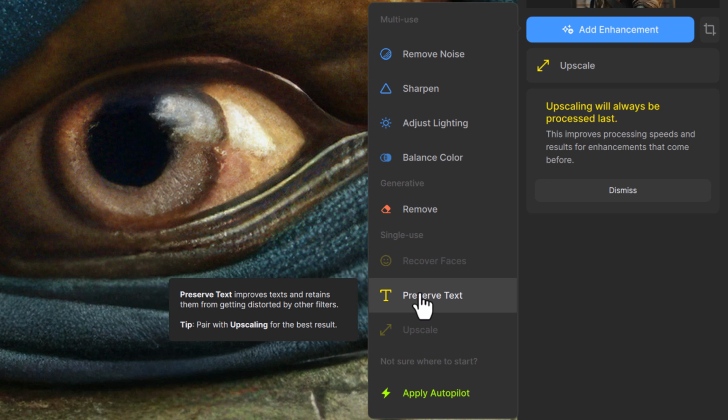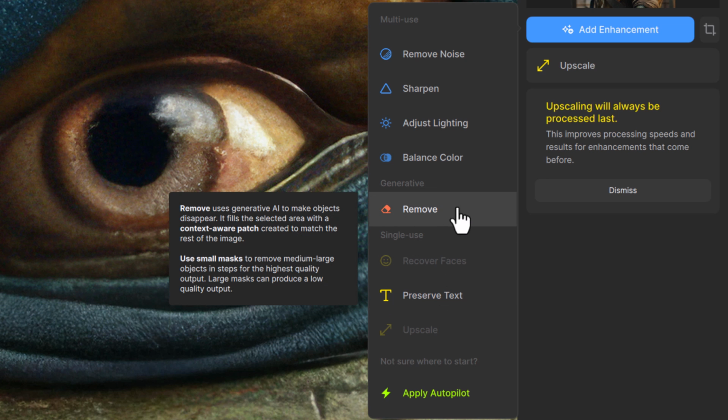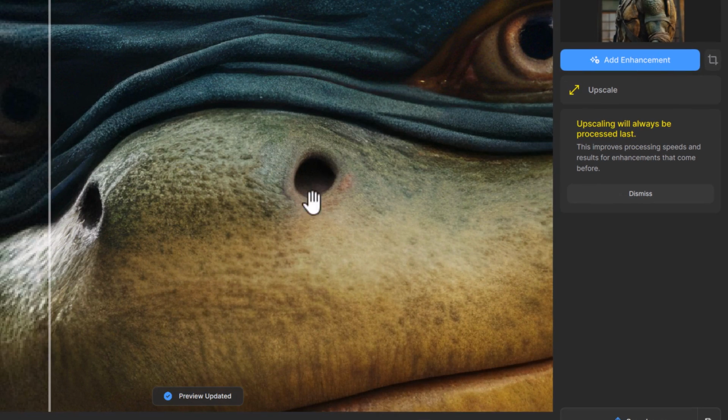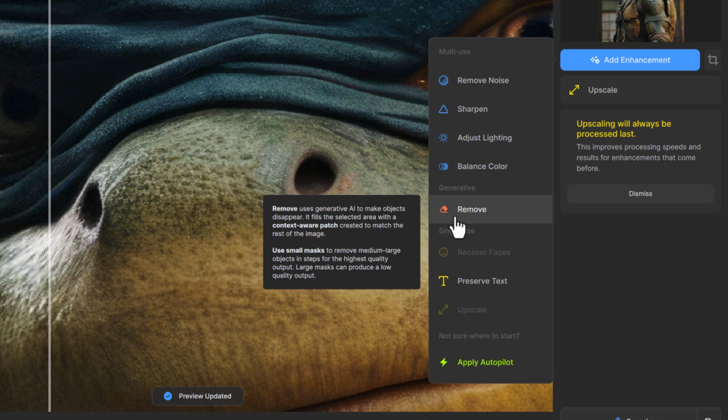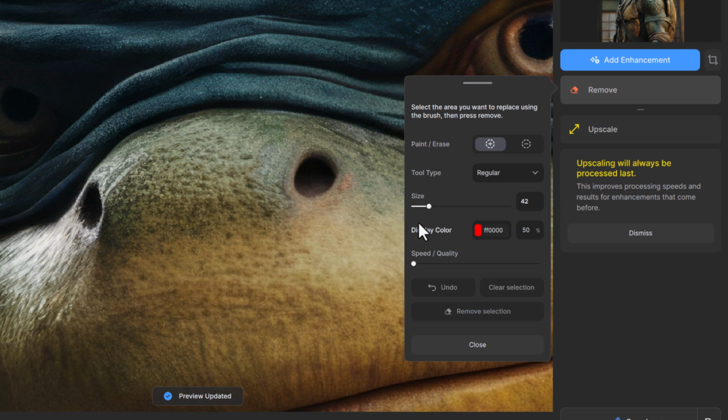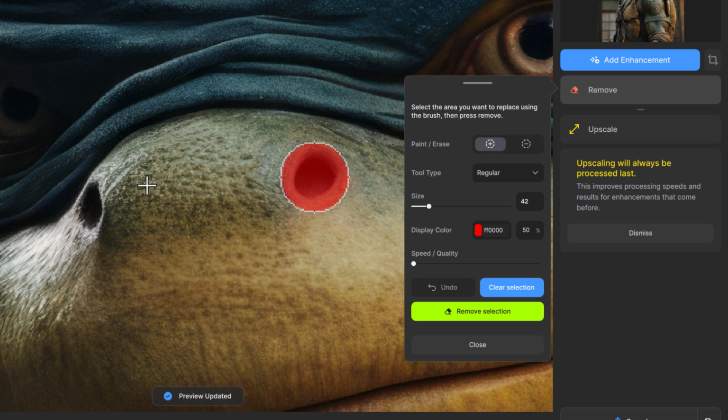If there's any text in there, it'll help sort of use that. Remove can actually help remove objects. So if we just give that a quick test run and say we want to remove the nostrils, add enhancement, remove. I've got this brush size here, and I can just find the thing I want to remove, click on it, click again,